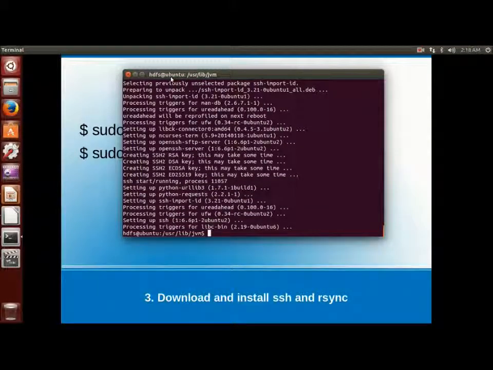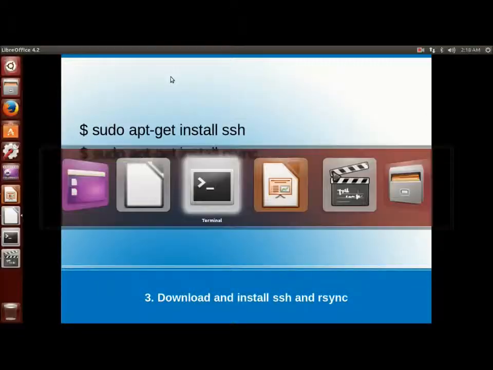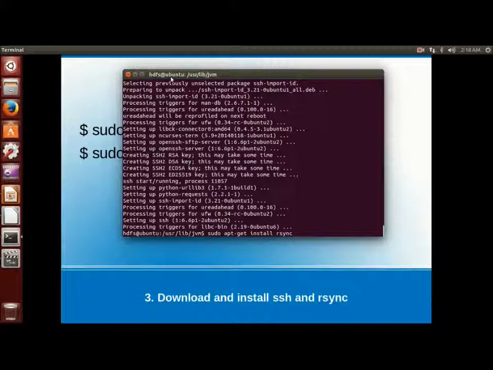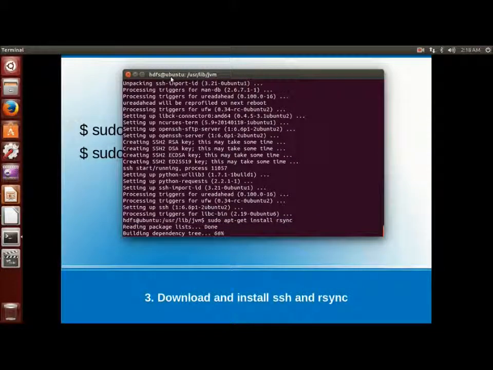So sudo apt-get install ssh has been successfully installed, and now sudo apt-get install rsync. It will install rsync software on our VM.